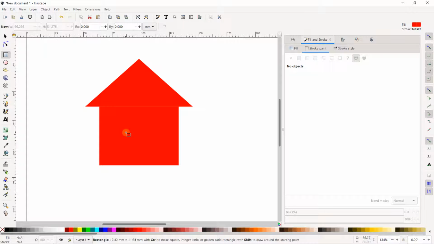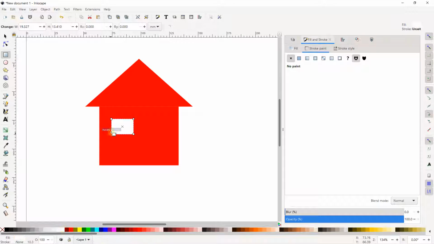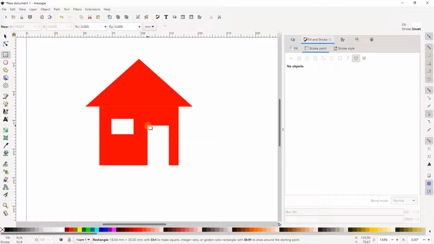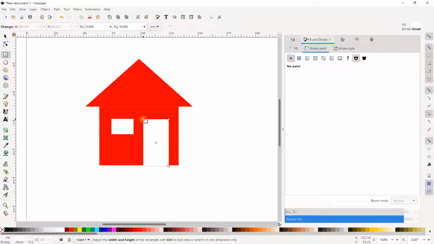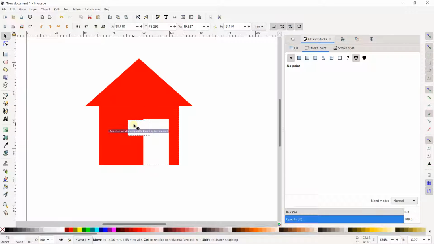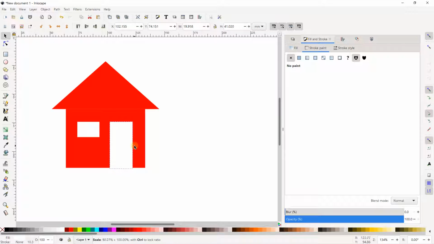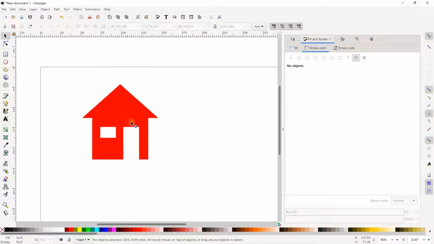You can create a rectangle, for example here, and activate a white color. And why not create another rectangle on this area, just like this. I think I need to make some alignment, yes, and press Ctrl, Shift. Here it's not going to work properly. I can go here, choose corner to corner, remove the snapping options, and just drag and move to the left with Ctrl. So for example, I created this element.